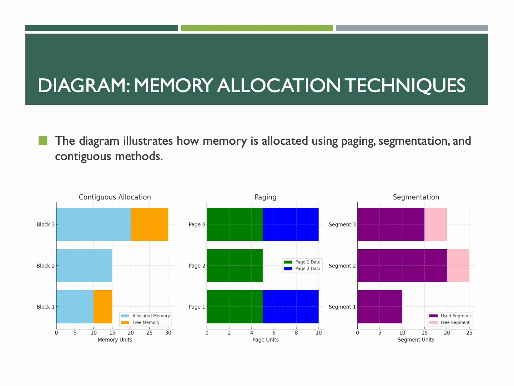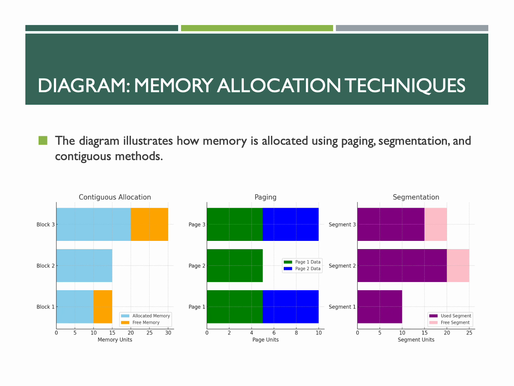Each block, A1 to A3, is assigned a fixed portion of memory, shown in blue for allocated memory and orange for free memory. This method can lead to external fragmentation, as gaps of free memory between allocated blocks cannot be used efficiently for